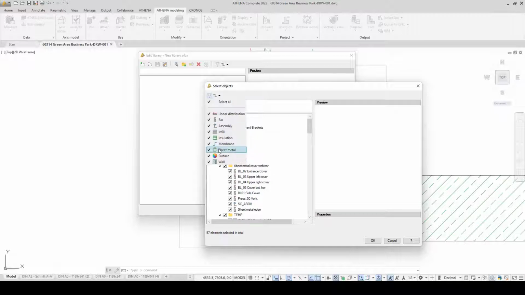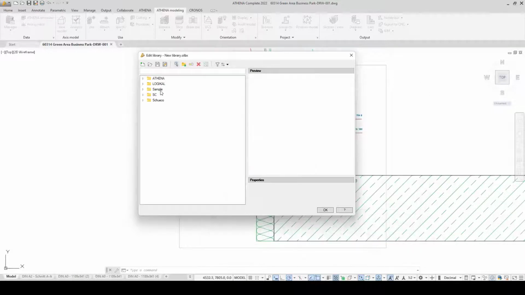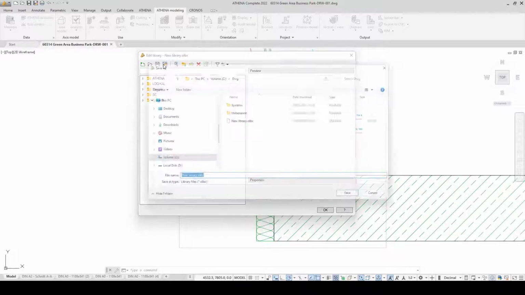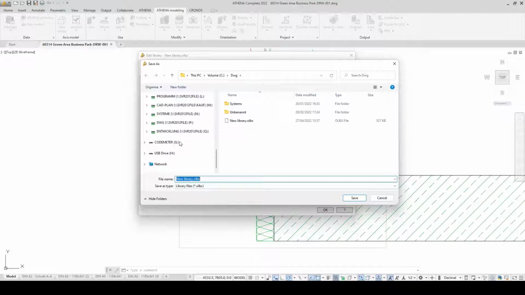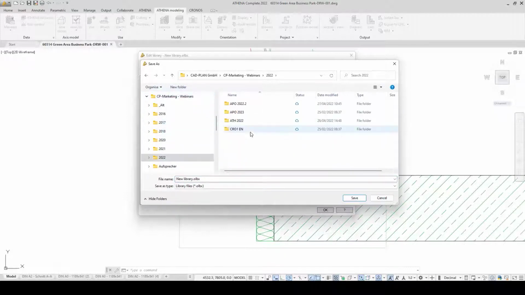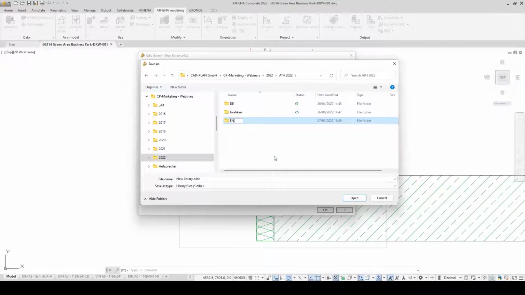We have different functions for assortments and filters. And here in this example, we collect some objects. Here we have the folders, and we save a new ATHENA library file in our network. Here, for example, our SharePoint folder or the webinar SharePoint folder. I create a new folder, the English webinar folder, and